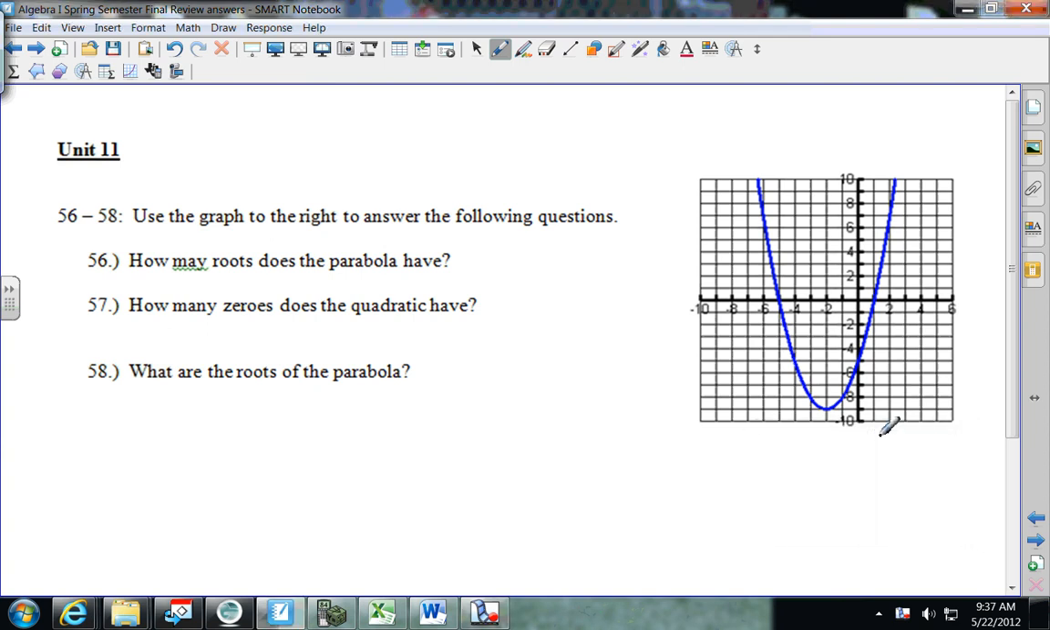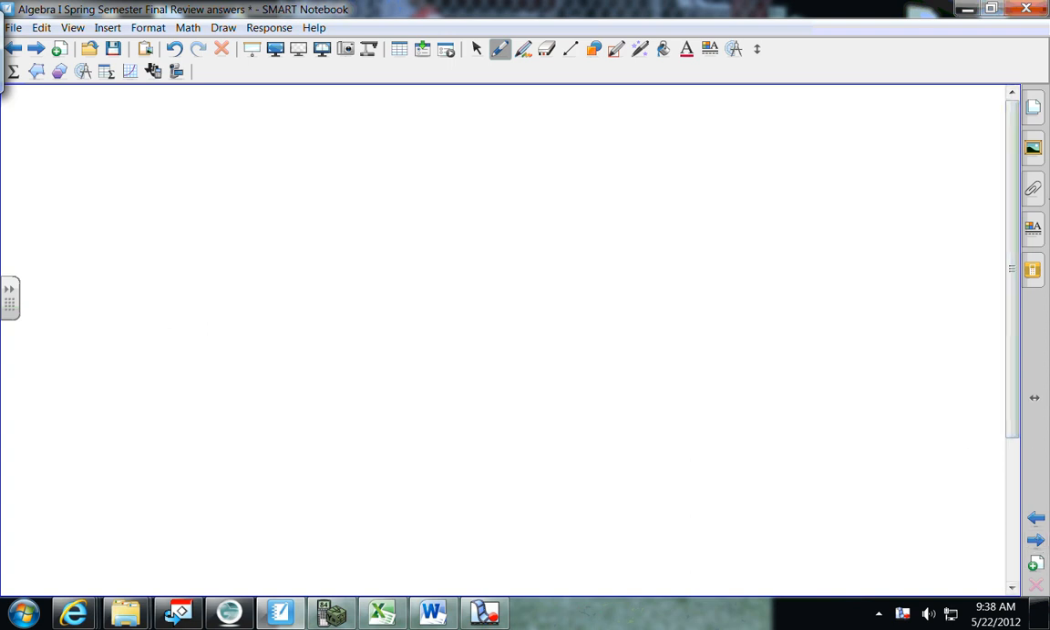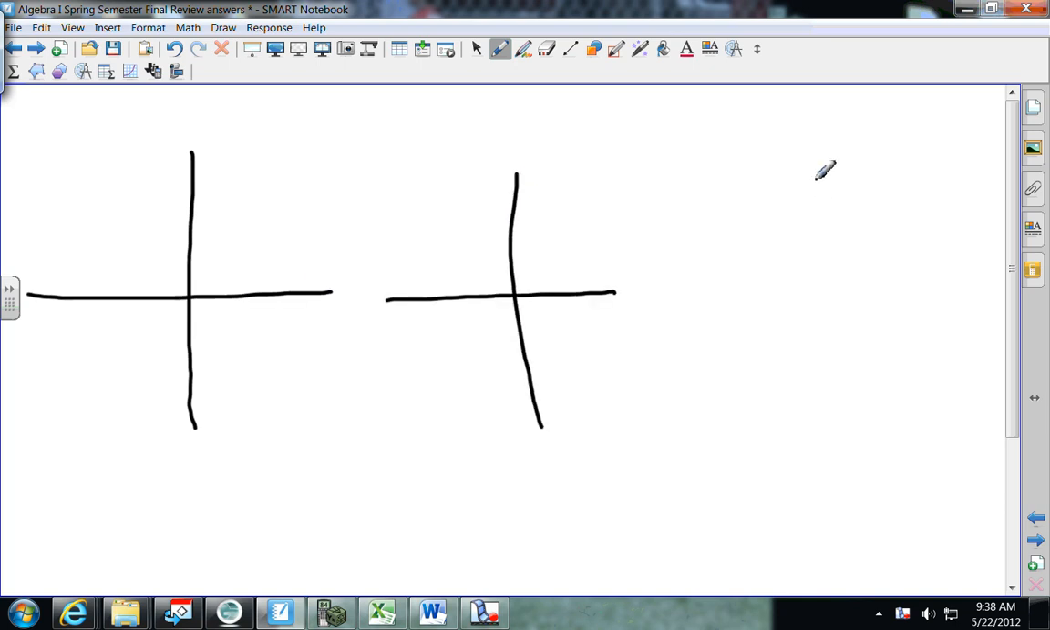In this part of the review, we're going to go over the quadratics, which, if you have the paper, says Unit 11. It says, use the graph at the right to answer the following questions. How many roots does the parabola have? Remember that when you're talking about roots,